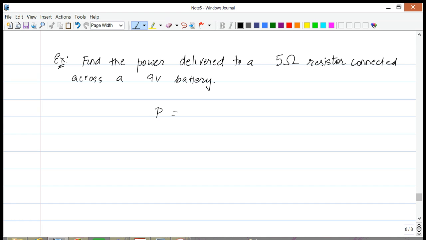Since we're given voltage and resistance, we'll use the equation P equals delta V squared over R, which is equal to 9 squared over 5, which is 81 over 5, which is equal to 16.2